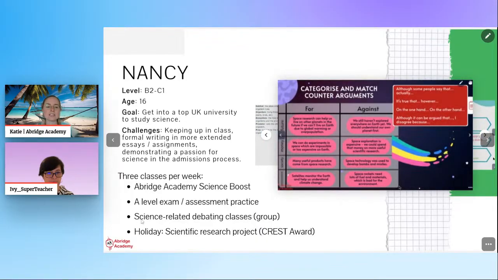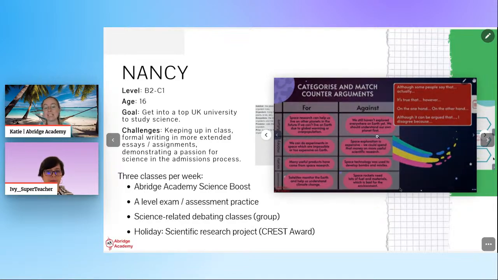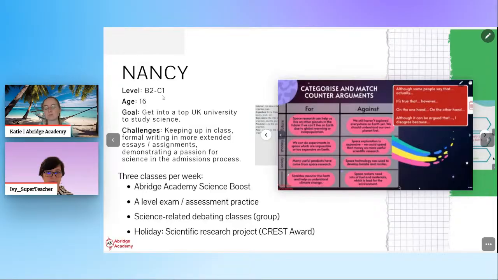And then we also added in some more fun stuff that links into what we were saying about demonstrating a passion for science and being able to explain and talk about it in a non-academic way in some ways. So we did things like some of the Age Academy debating lessons that have a science focus. This particular one was on space exploration. Should the government pay for space exploration?